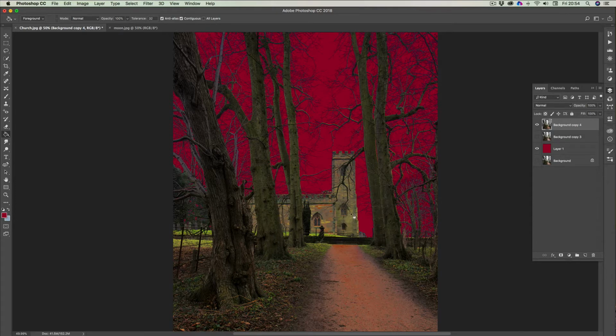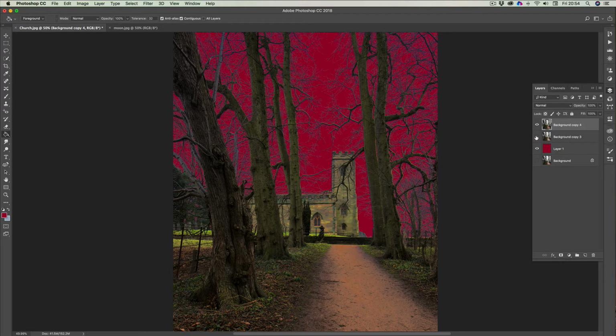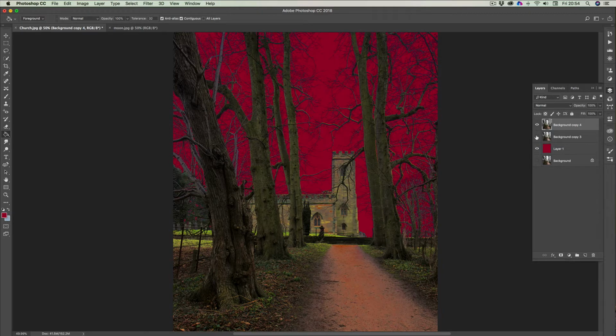So you can see we've lost a little bit on the bottom, but that doesn't matter because we've actually got this image at the back there that we duplicated. But if I click on that, you can see we bring this detail back in a little bit. So that's what we're going to do, but obviously it's bringing it back in the top as well. So I'm just going to hide that for the moment. And what I'm going to do